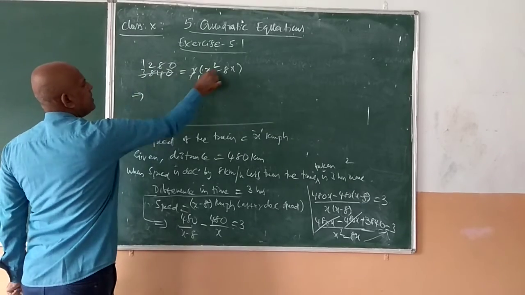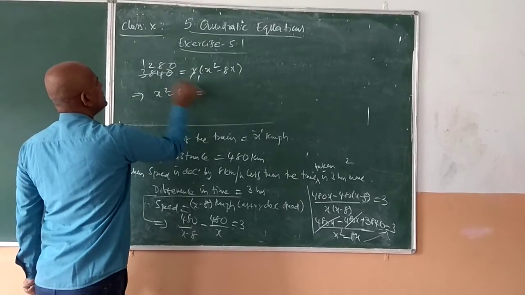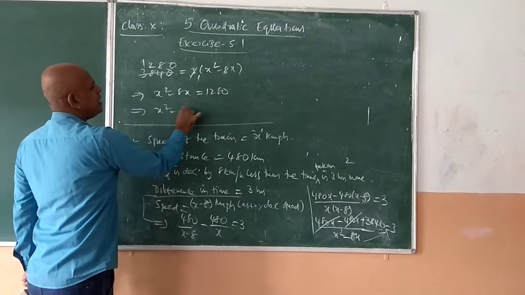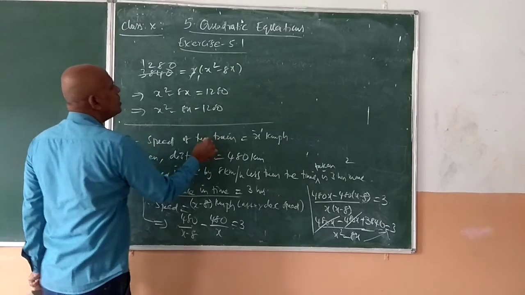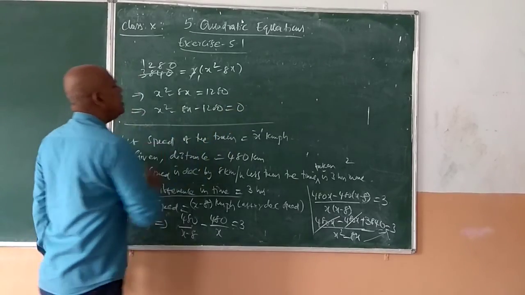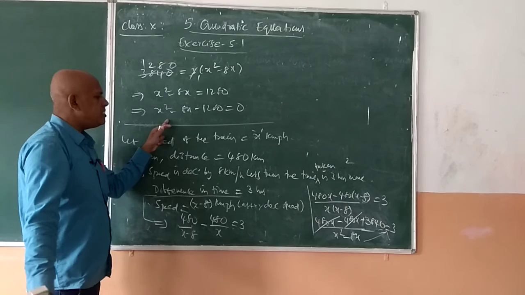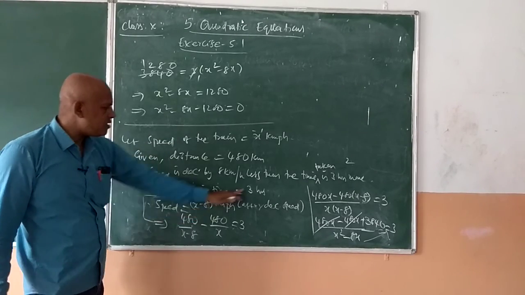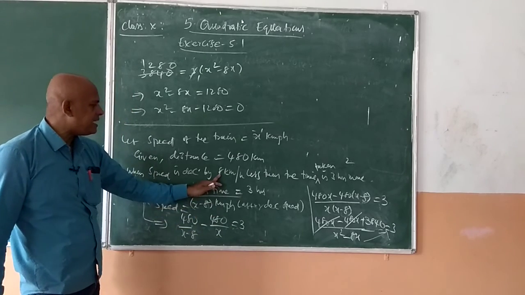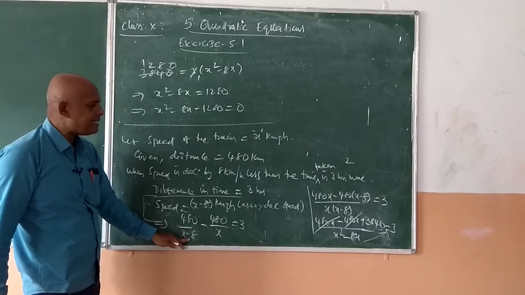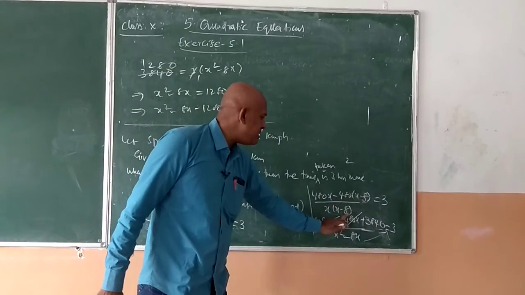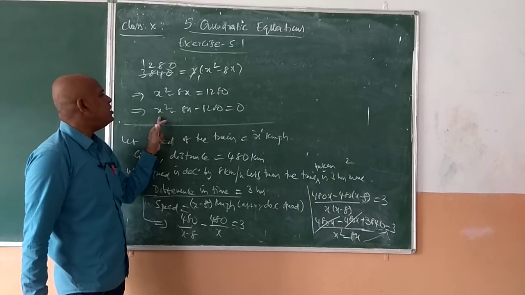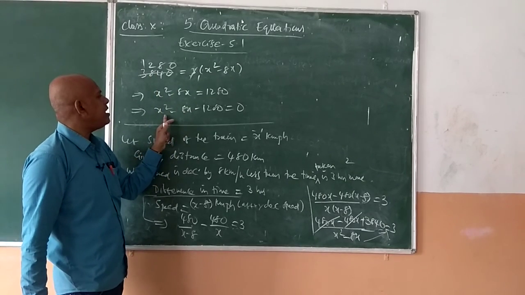So which implies, first I write this one: x square minus 8x is equal to 1280. Bring 1280 to this side, which implies x square minus 8x minus 1280 is equal to 0. This is the quadratic equation for the given situation. Only a small correction we have made here: the difference in time is 3 hours and the speed is decreased by 8 kilometers per hour, so it has to be corrected as x minus 8 here, and x here. So the value changes from 3840 to be simplified to 1280. Therefore, for the given problem, the quadratic equation for the given situation is x square minus 8x minus 1280 equals 0.